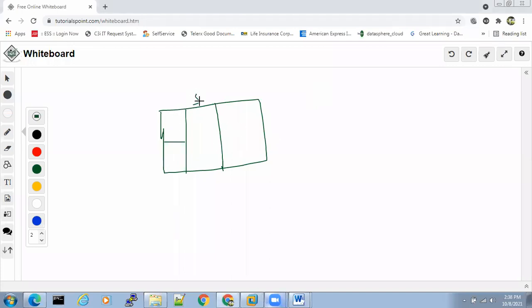So who will tell me what are the components of SGA? First component, what is this called? Shared pool, DBBC, database buffer cache, and redo log buffer cache. Yes, exactly. Shared pool, DBBC, and what is there inside the shared pool? Library cache and data dictionary cache. Okay, very good. And this is DBBC. What is DBBC? Database buffer cache. What is RLBC? Redo log buffer cache.